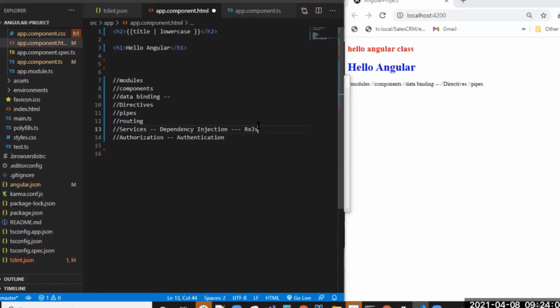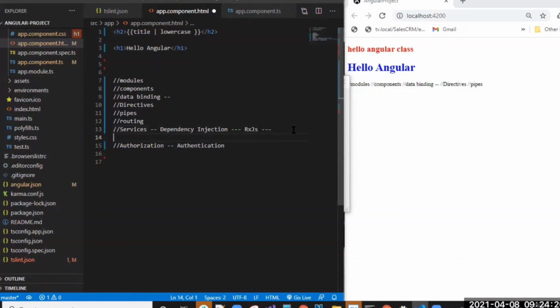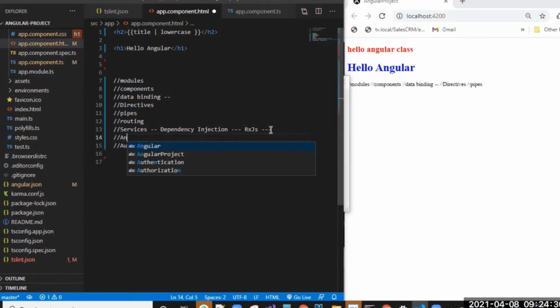RxJS is helpful for binding the data; we will use observables and subscribers. Those concepts will be in the services only. Next, the important concept is authorization and authentication. Oh, sorry guys. Before going to authorization and authentication, forms, Angular forms.